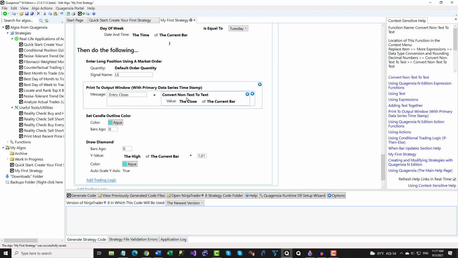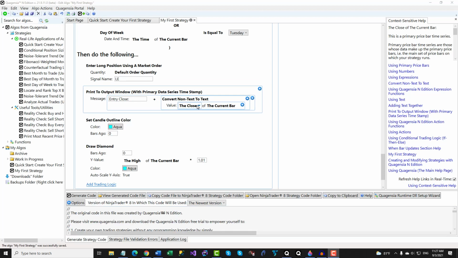Whenever you attempt to place a non-text expression, such as a number or date, at a location where text is expected, Quagentia will automatically wrap the non-text expression you selected inside of a Convert Non-Text to Text function so that your non-text expression will be automatically converted into text, allowing it to be used as text.